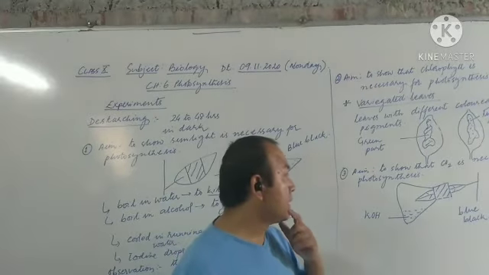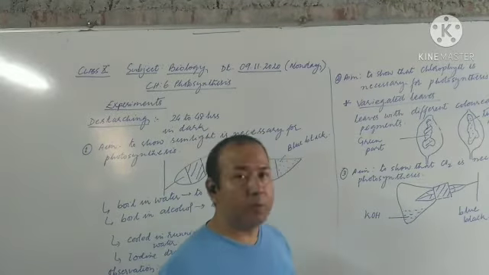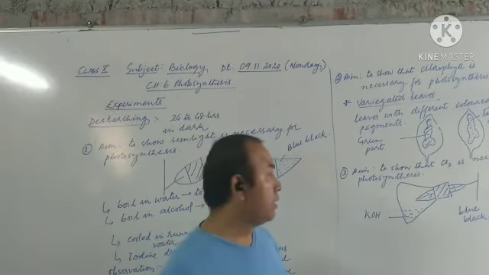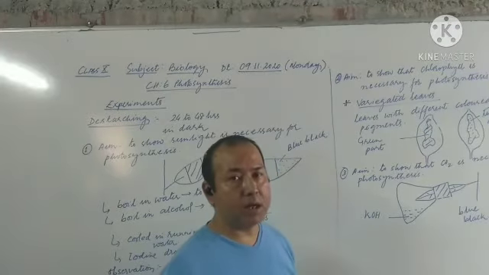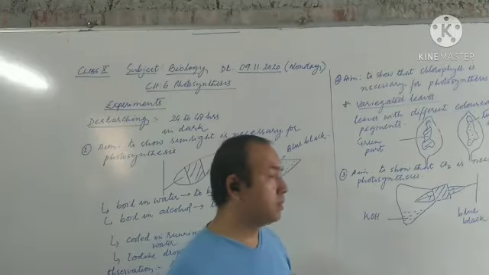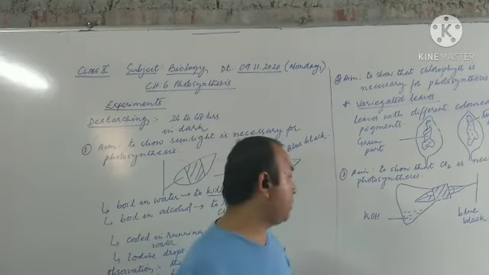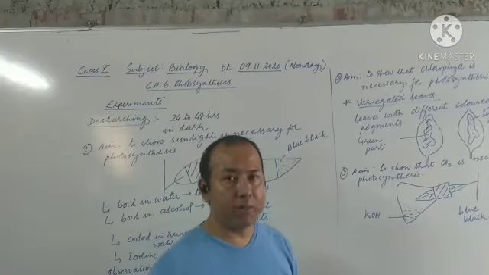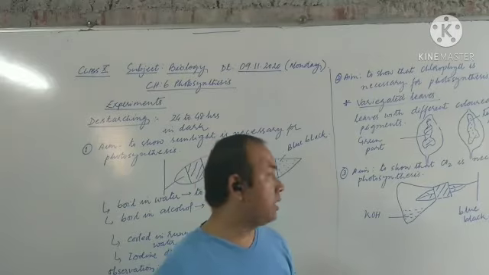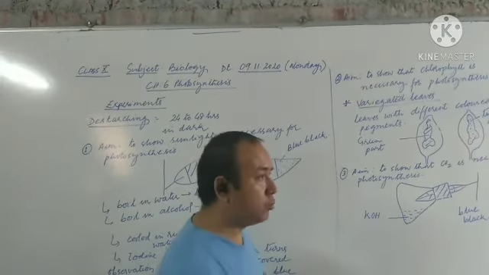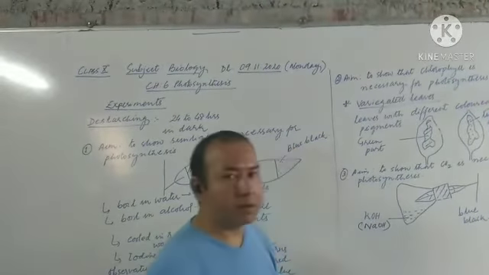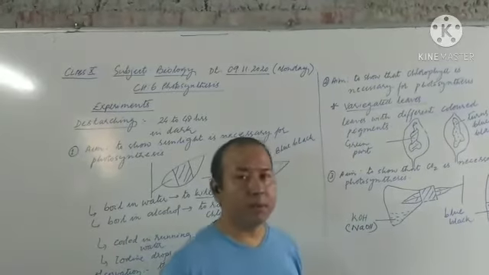From here, you may be asked about potassium hydroxide. Why is this potassium hydroxide used in this experiment? We need to say that potassium hydroxide is used to absorb carbon dioxide. And once a question was asked: in place of potassium hydroxide, which chemical can be used? Meaning other than potassium hydroxide, which chemical can we use in this experiment? The answer is sodium hydroxide, an alkali. Sodium hydroxide can be used. This question has been asked.